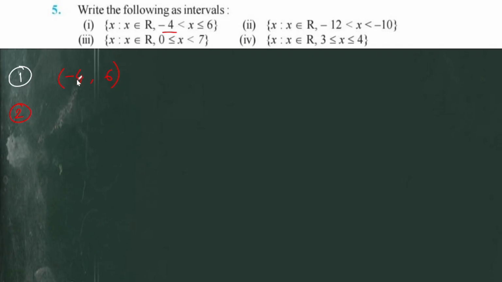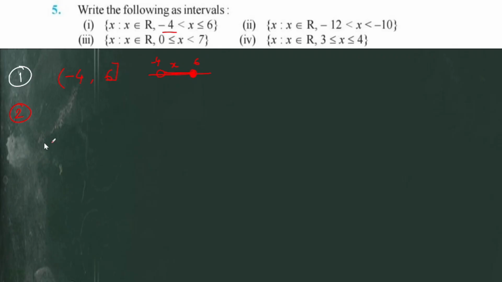So next, question number 2, x such that x belongs to R. So there is a mistake. It should be a closed interval because the equal to sign is there. So 6 is included. If I write geometrically, this is the range of x. So this is -6 and this is 6, but 6 would be included.